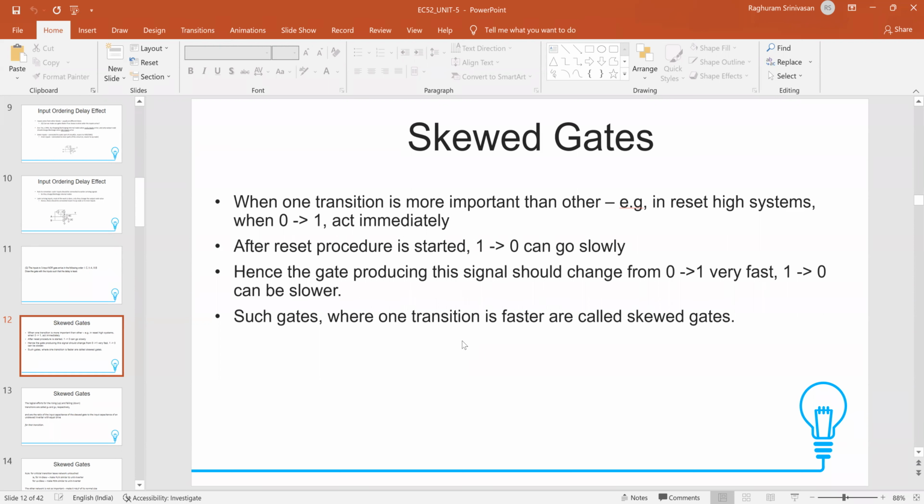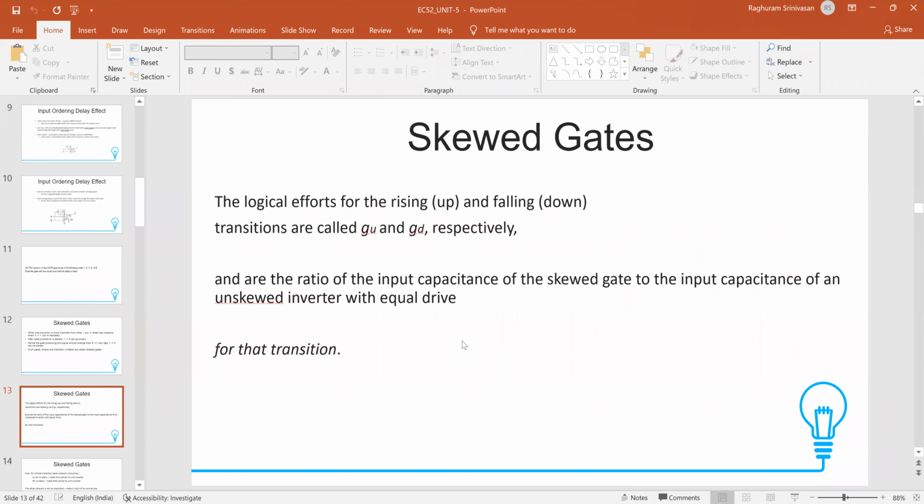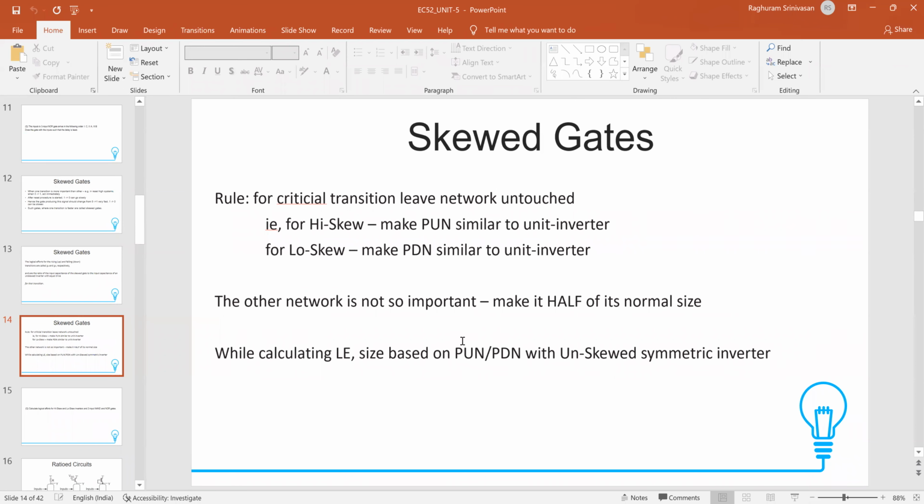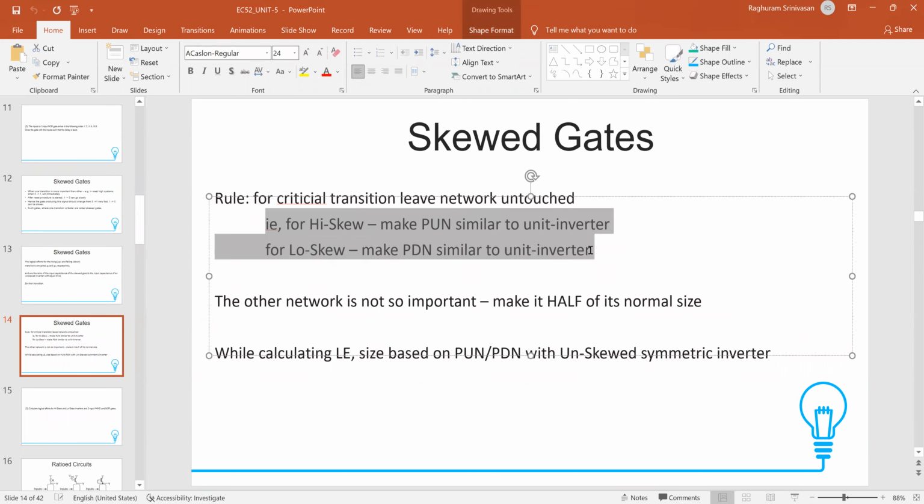And the sizing rule is very simple. What is the sizing rule we are going to use in these cases? Whichever is the critical transition, that can be either 0 to 1 or 1 to 0. 0 to 1 is the critical transition means it happens through the pull up network. 1 to 0 is the critical transition means obviously it happens through the pull down network. So how do we do this sizing in these skewed gates? It is very simple. It says here, for critical transition,